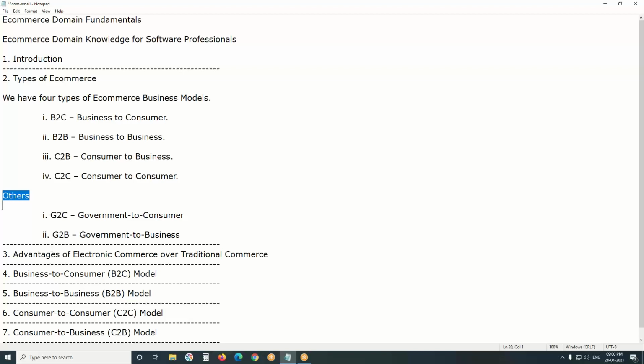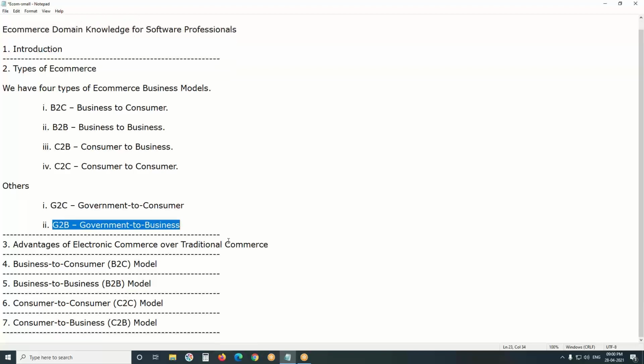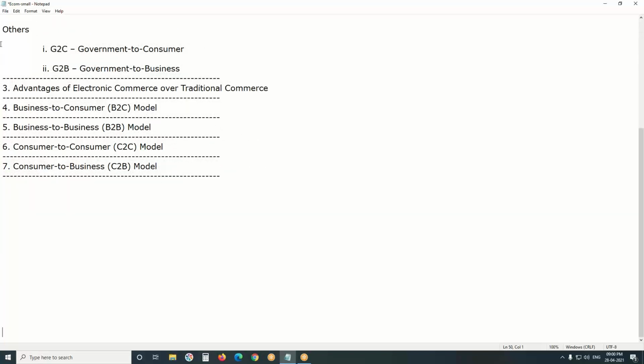Other areas, for example, government to consumer, G2C. A telecommunications company provides government subscribed mobile networking services. Next, G2B, government to business. G2B is online commercial interaction between governmental and private corporations. An example is a government website where businesses go to pay taxes. Next, just a minute. Third topic in this chapter, advantages